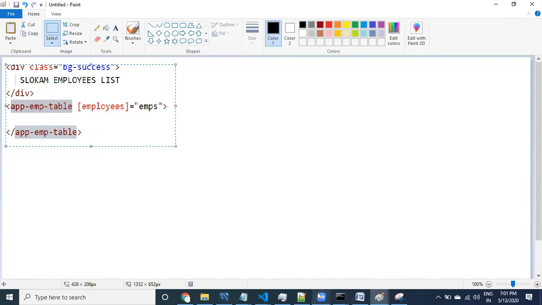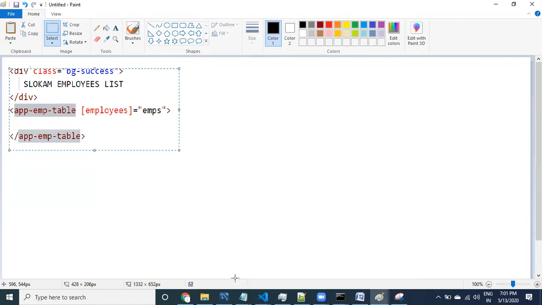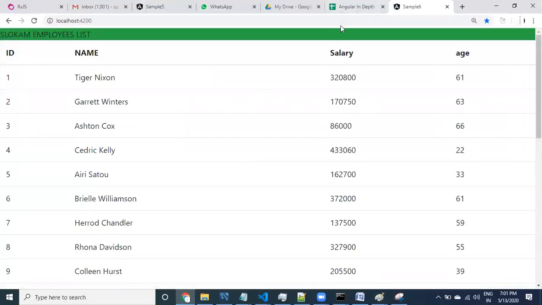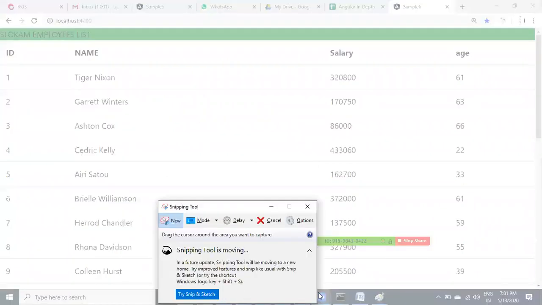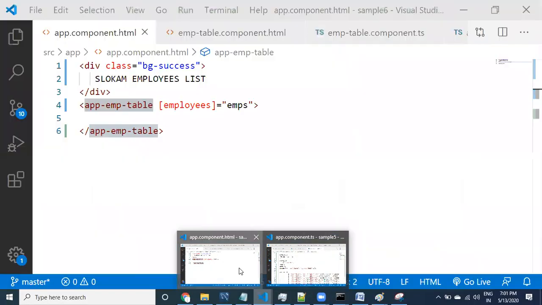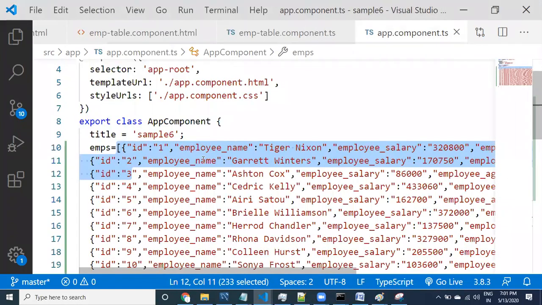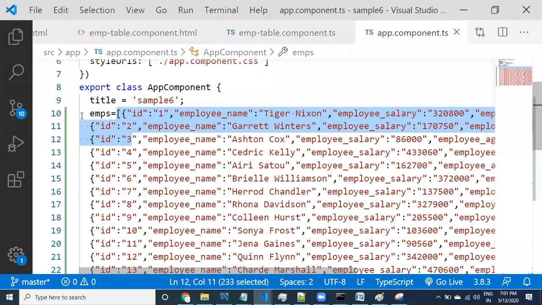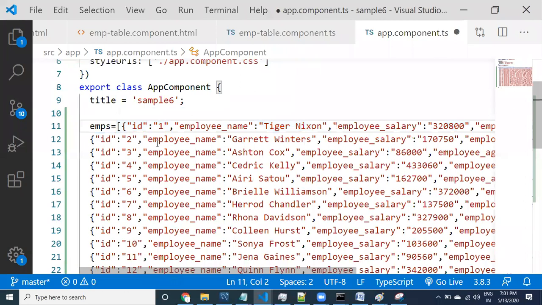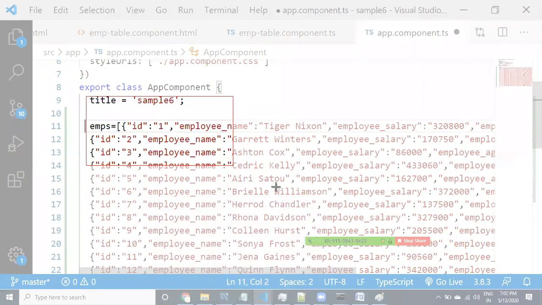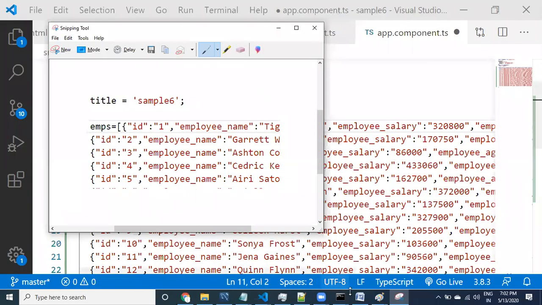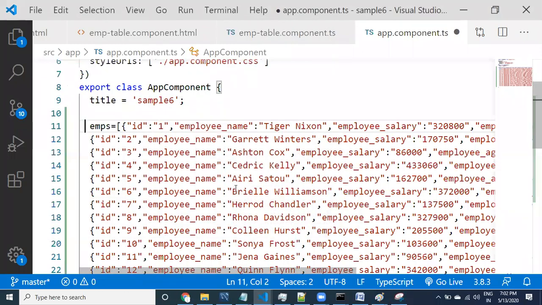Related to the app component, I would like to create one more.